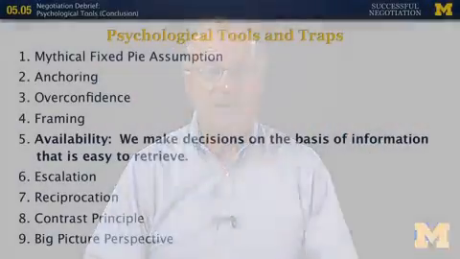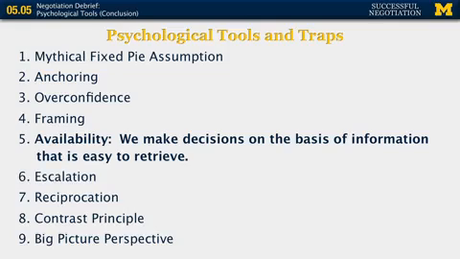Let's take a look at some other psychological tools and traps that might arise in a negotiation like the house on Elm Street. First, the principle of availability, which means that we make decisions on the basis of information that is easy to retrieve. It's hard to determine from these facts where availability might apply, but just for example,